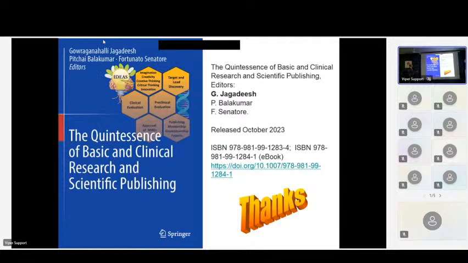And Dr. Senator will be giving a talk tomorrow morning. The first talk will be his, on the clinical aspects. And Dr. Balkumar will be giving 2 presentations, the next one after this. That's why we put this: how we are moving from imagination to target discovery, then to preclinical, to clinical, to an approved new molecule, and then publishing and grantsmanship. See how we move here. So this is the quintessence of basic and clinical research. And finally, everybody has to do publishing, whether you do basic research or clinical research, but scientific publishing is a must. Thank you so much.